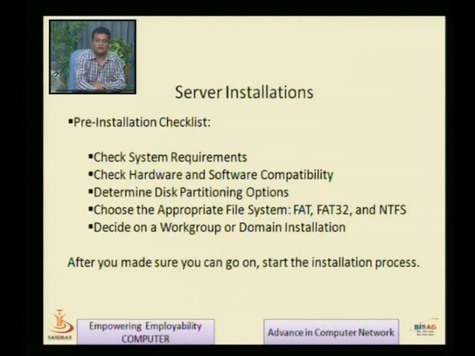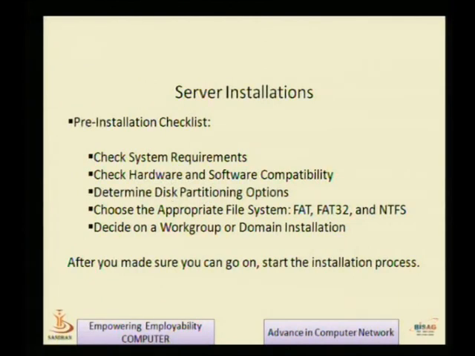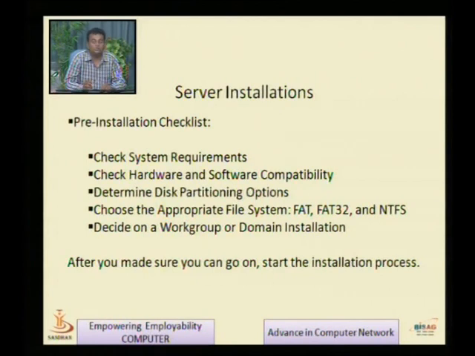Another point is we have to check hardware compatibility as well as server compatibility, and determine the disk partition option. For example, I have a server and the hard disk capacity is about 250 GB. Out of 250 GB, how much space do I want to use for the server installation in the C drive, another D drive for user data, and another E drive for software, for example the installable software I want to keep. For that I have to create partitions. So what kind of partitions do I have to create, and how do I manage my 250 GB of hard disk for the C, D and E drives.